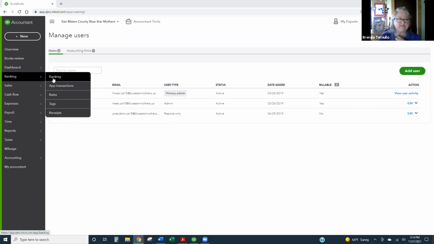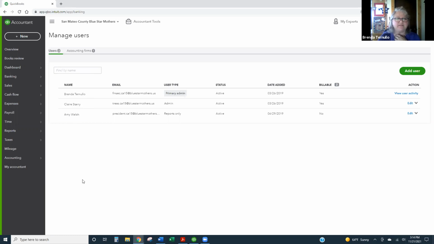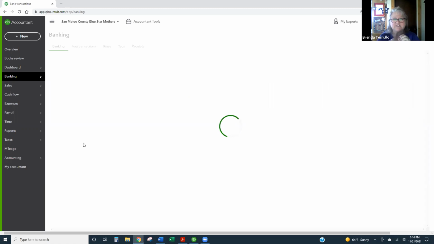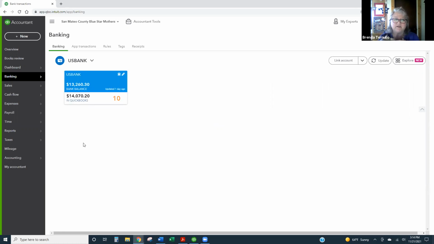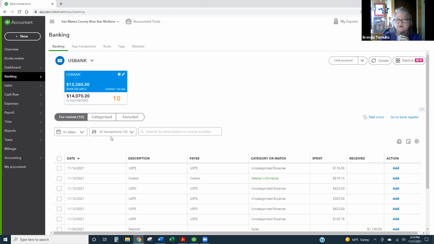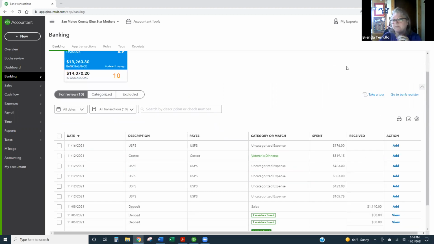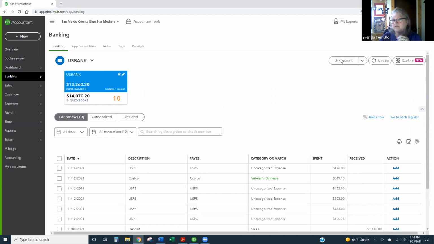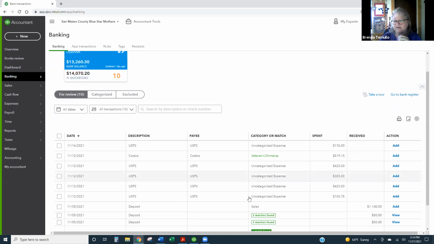This banking option here, this doesn't put transactions into the accounting system. It just lets you know what has been, the transactions come from your bank. So we linked up our bank. You link up an account here. So we have US Bank, and this is, we had a packing,